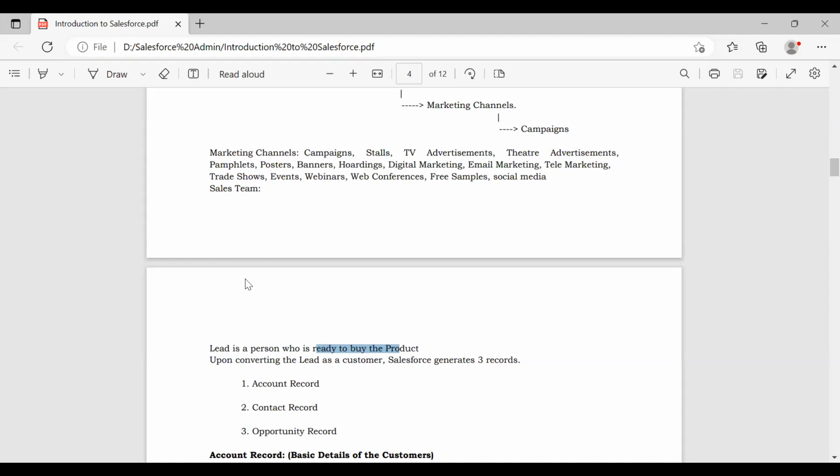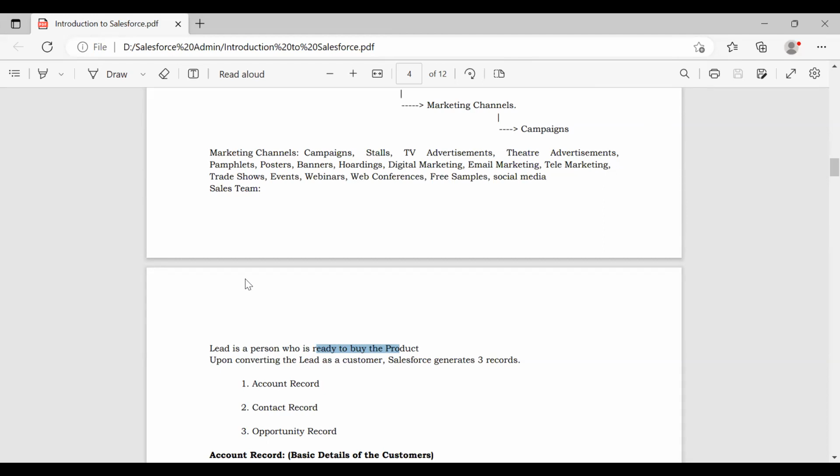The sales team is responsible for converting the lead into a customer by giving them the proper discounts and warranties the customer is expecting. If the customer is not happy even with the discount and warranties offered by the sales department, they'll simply neglect that lead. It is not compulsory that all leads must be converted into customers. Some leads may not be converted, because even though we are giving some 10 to 15% discount, some of the leads may be expecting more than that.